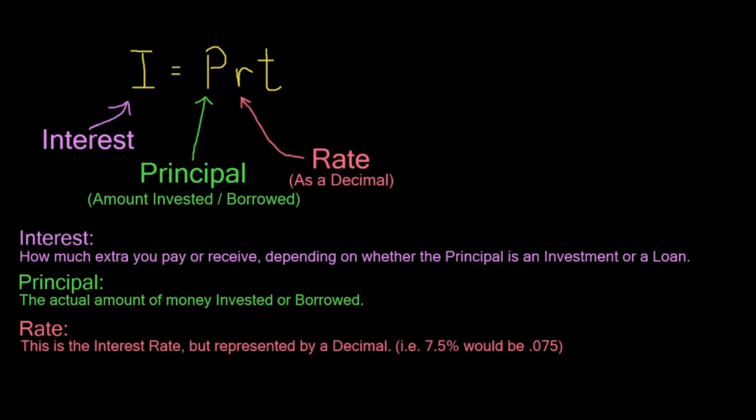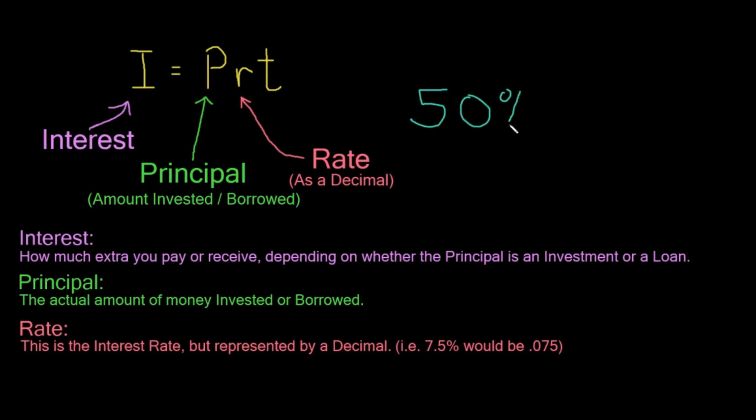The R stands for rate, and this is always expressed as a decimal. This is like your interest rate. We always move the decimal 2 places when converting from percent to decimal. And if you're not sure which direction to move the decimal, just think money. If I were to write